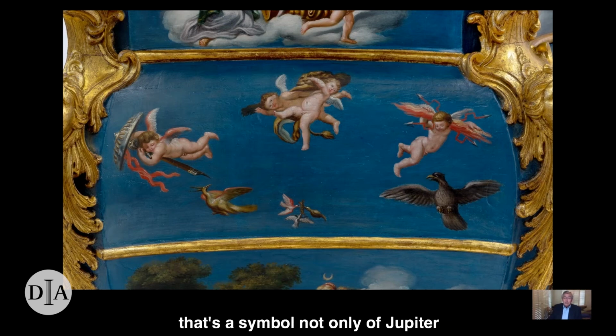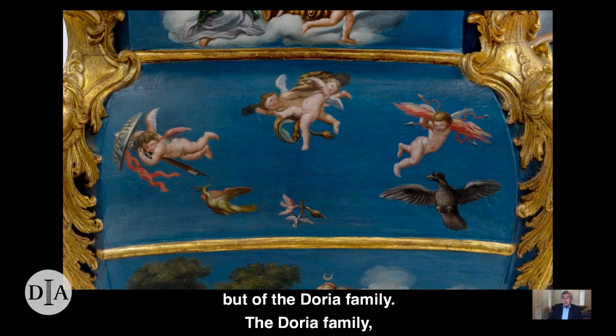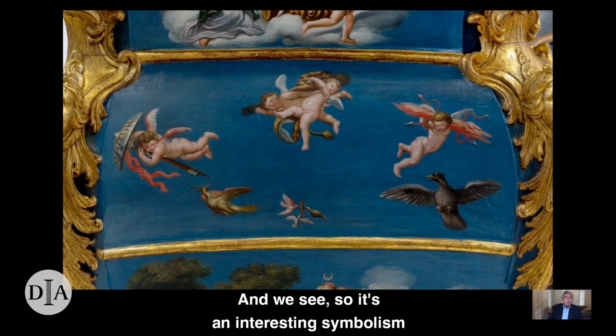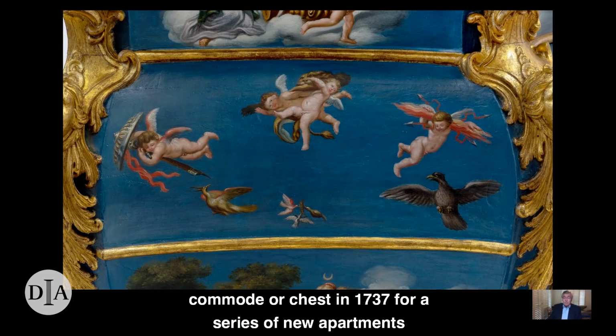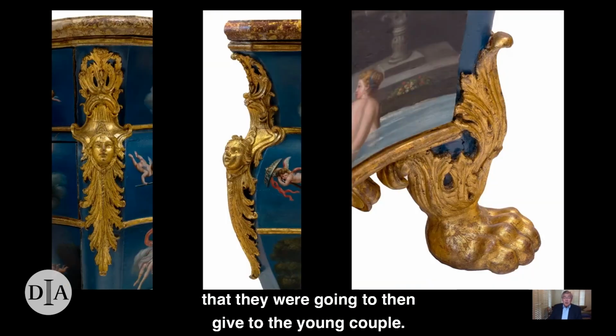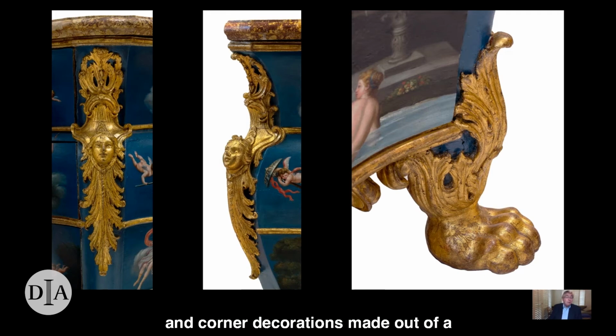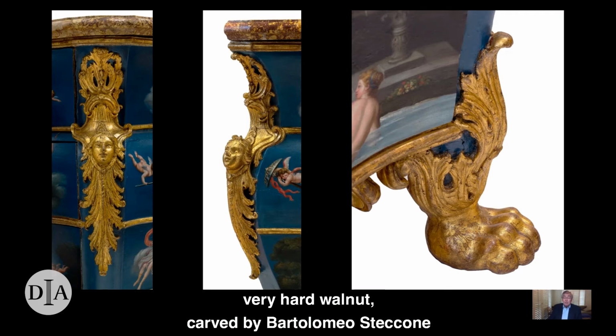That's a symbol not only of Jupiter, but of the Doria family. The Doria family, as I said, the most noble family in Genoa. And it's an interesting symbolism that the parents of Ambrogio Doria ordered this commode or chest in 1737 for a series of new apartments that they were going to give to the young couple. We see brilliant carved lion's paw feet and corner decorations made out of a very hard walnut, carved by Bartolomeo